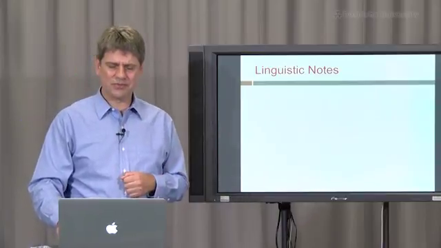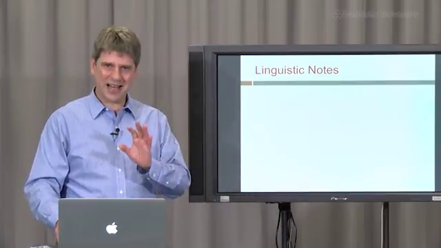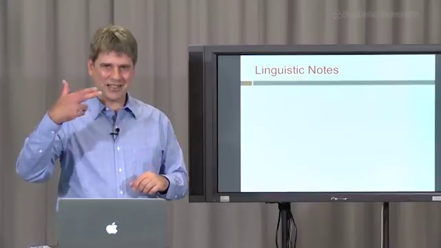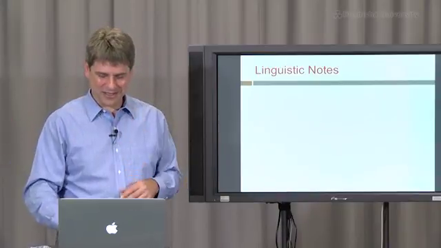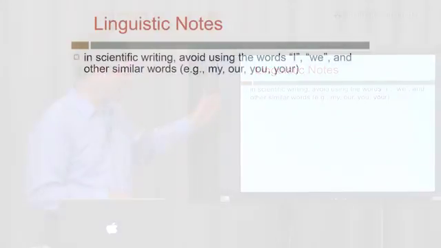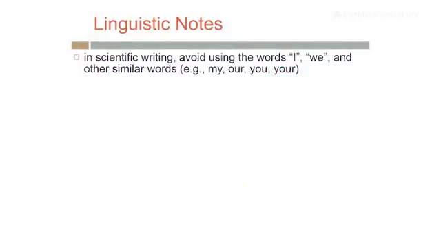A few other little notes. This next one is a little bit weird because it has to do with scientific writing, not scientific speaking, and not formal English. So let me jump into this. In scientific writing, and particularly modern scientific writing, we're supposed to completely avoid using the words I, we, and similar words like you or our or my. These types of words, we're not supposed to use them. 50 years ago, in scientific writing, nobody really cared so much if you used them. But today, in modern English scientific writing, it's considered poor style to use I and we and you within written